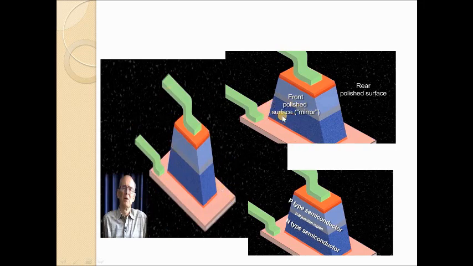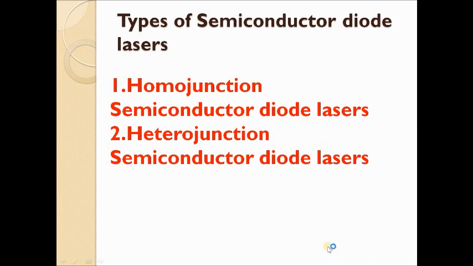Usually a laser possesses a 100% reflecting mirror on one side and a partially reflecting mirror on the other side. Typically, these semiconductor lasers consist of alternating layers of n-type and p-type semiconductors. When a p-type semiconducting material is joined with an n-type semiconducting material, we get a p-n junction region, and the holes are the majority charge carriers in the p-type semiconductor, and the electrons are the majority charge carriers in the n-type semiconductor.